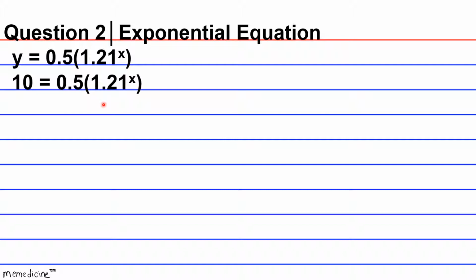So here goes our equation, and we're substituting 10. So 10 is equivalent to 0.5 times 1.21 raised to the x. The next thing we're going to do is divide by 0.5 in an effort to isolate the exponential term. Division by a decimal is like multiplication, so when you divide by 1/2, you get 20,